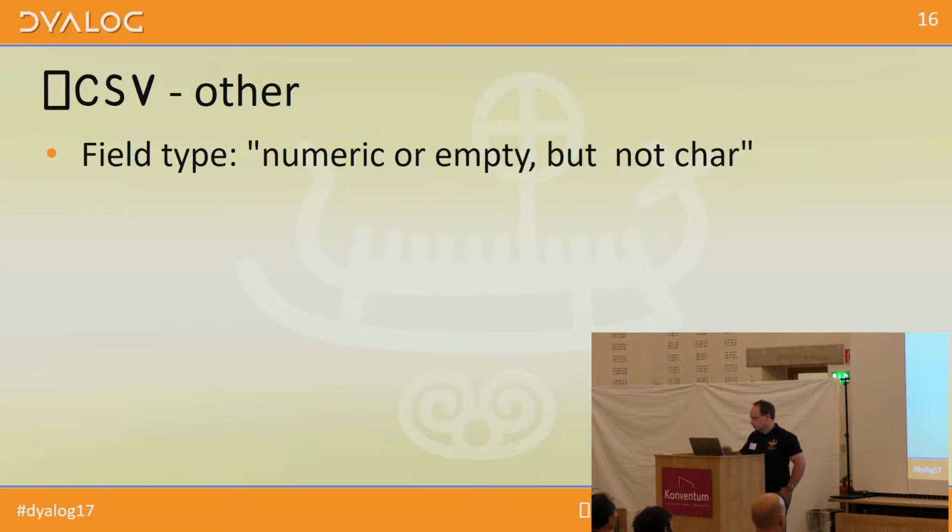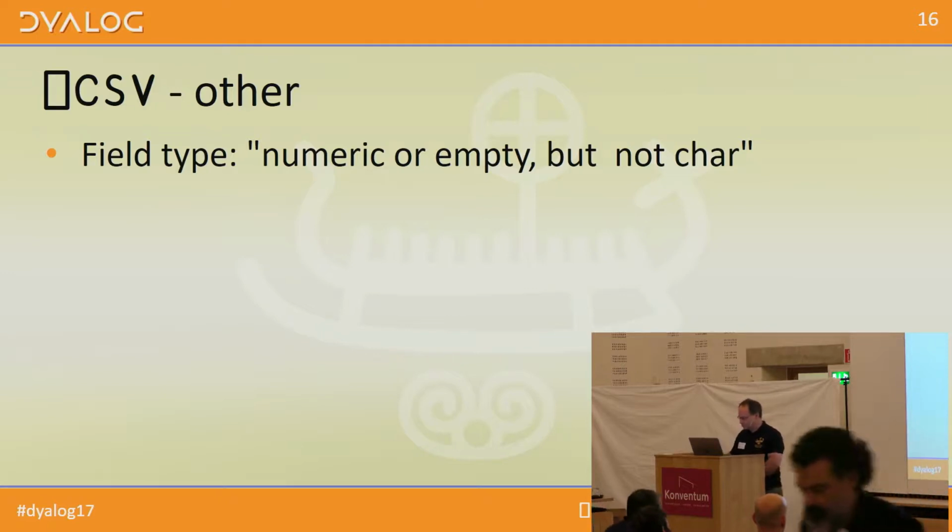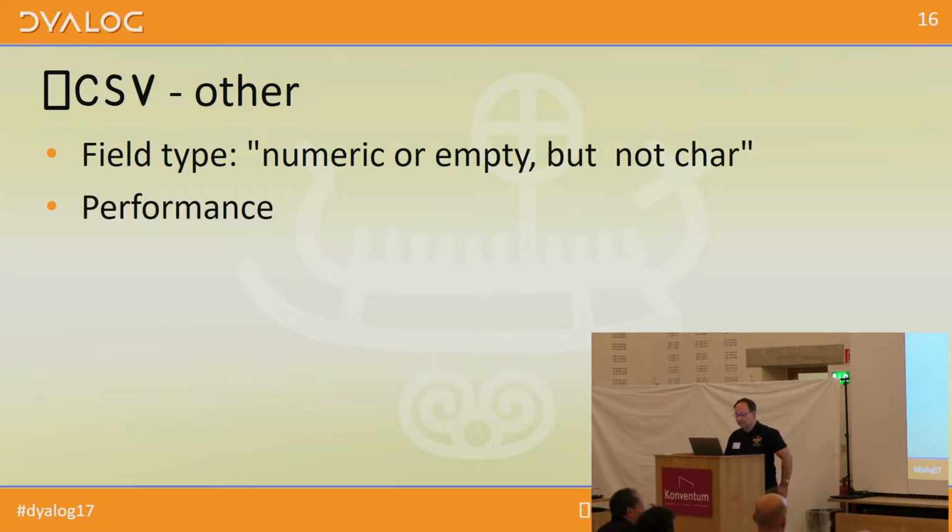A couple more. I was asked this week if we could define another type. I showed you that 4 just now. A code that means that the field should be numeric, or it could be omitted, but it shouldn't be alphanumeric. And if it gets an alphanumeric field, it should be errored.